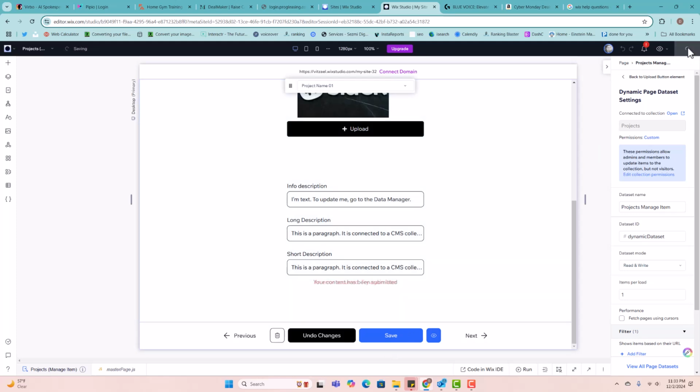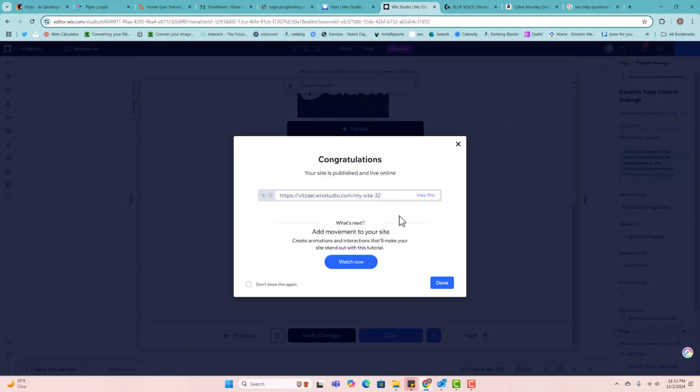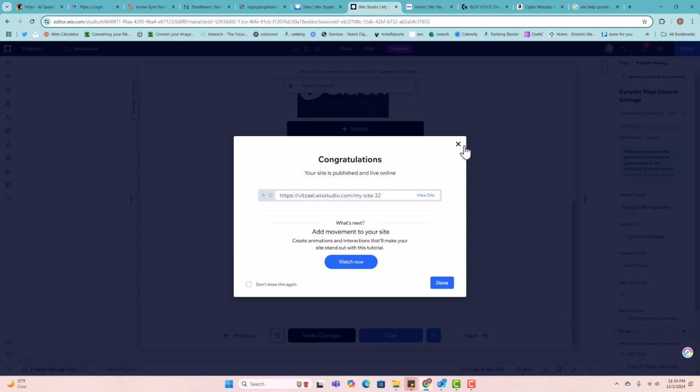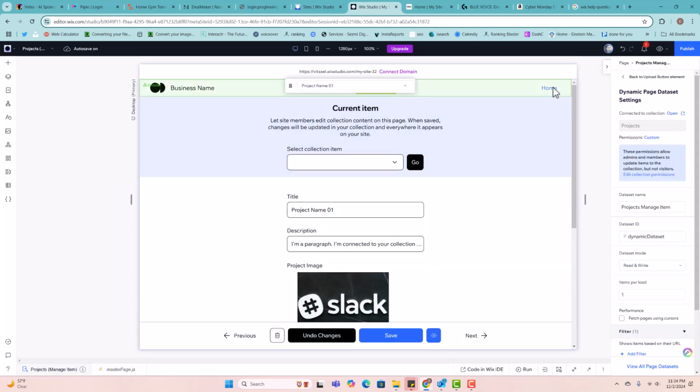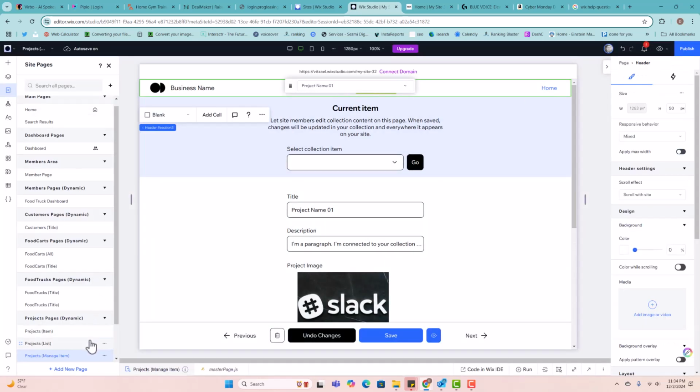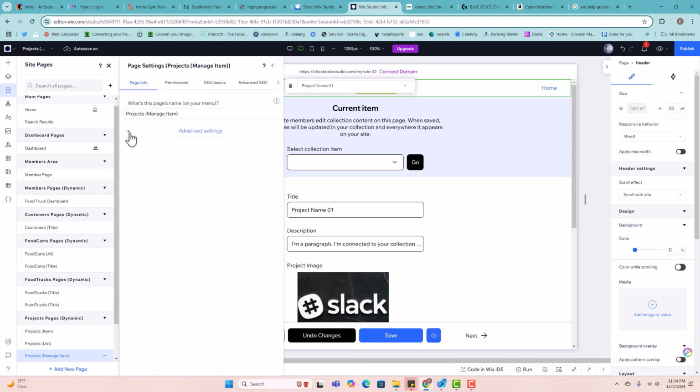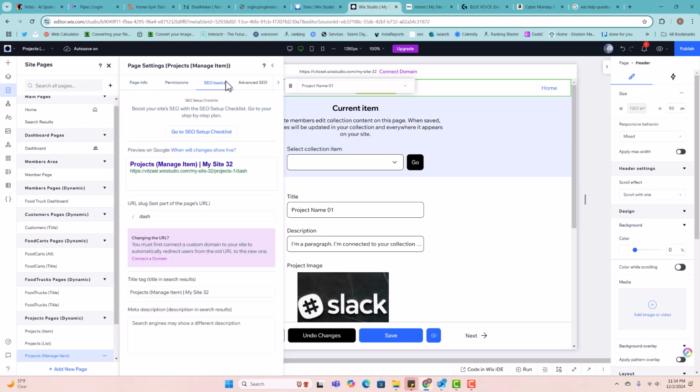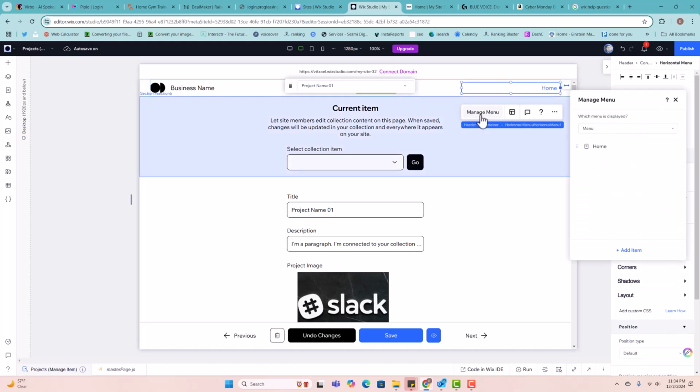So now we can click publish. Let's go take a look here. Make sure our page is loading. Okay, it's working here. And then now we can connect our project here. So we're going to go to settings one more time. Permissions, we have it as everyone. That's perfect right there. And then we can do manage menu,